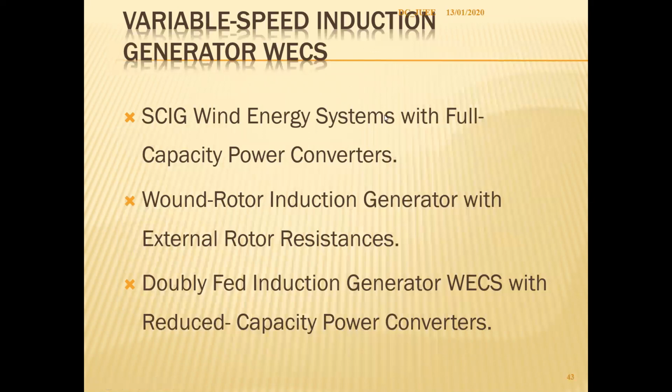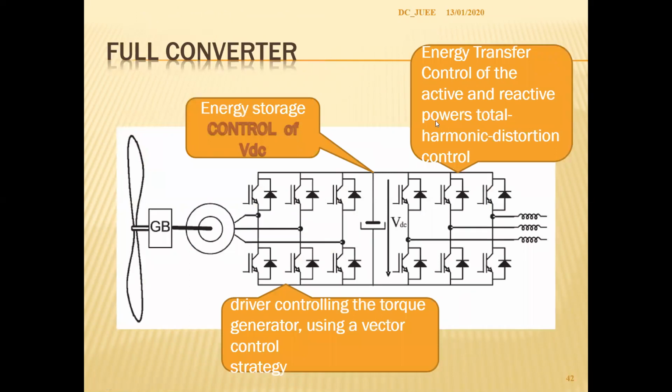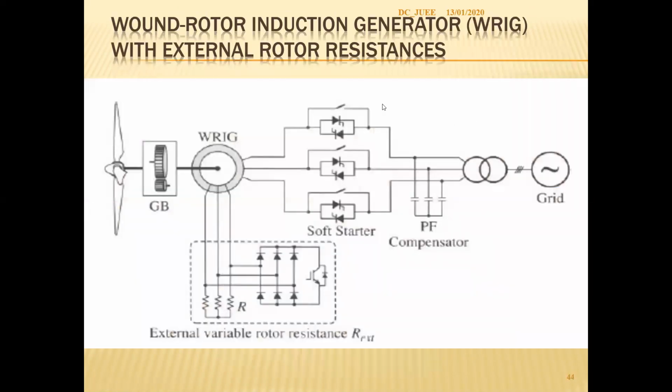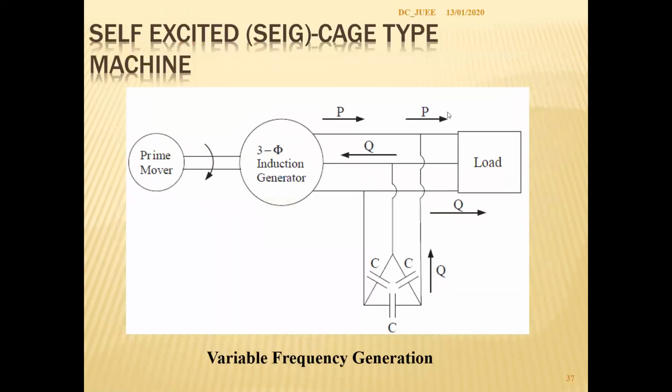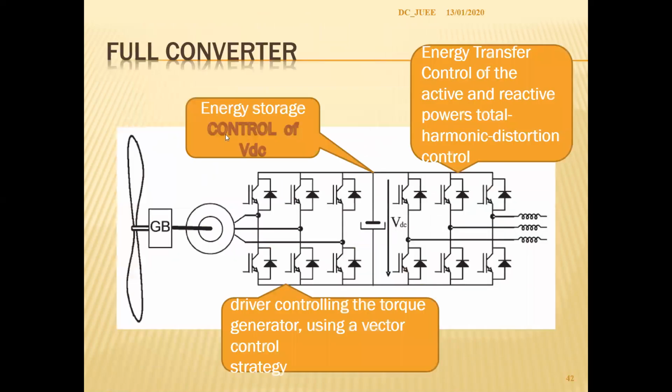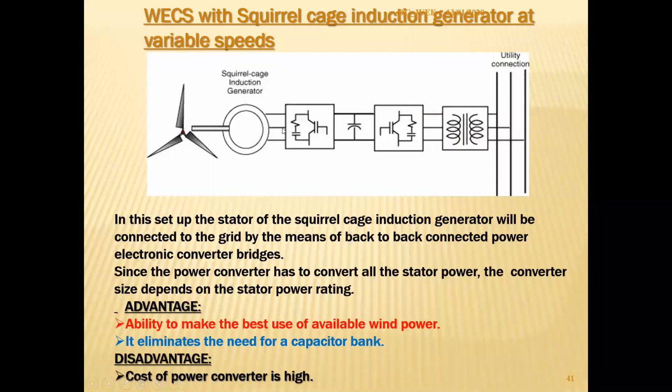generator speed, right? Now we come to this situation where we are using the slip ring machines. Till now we were using this generator, and again this generator, as a squirrel cage induction generator. That means there is no access to the rotor terminals. Rotor is having a cage, and the only control which we are able to impart is on the stator side, right?